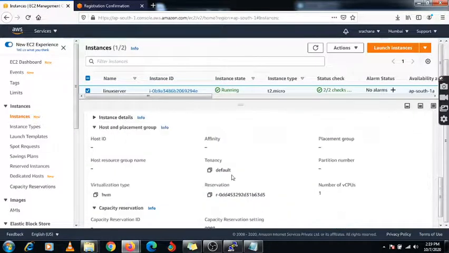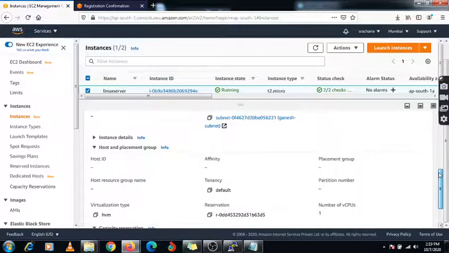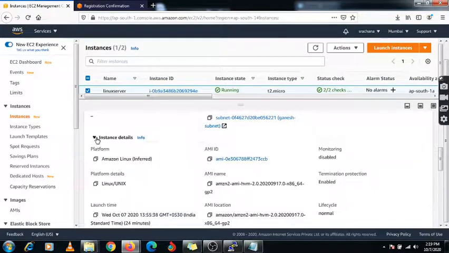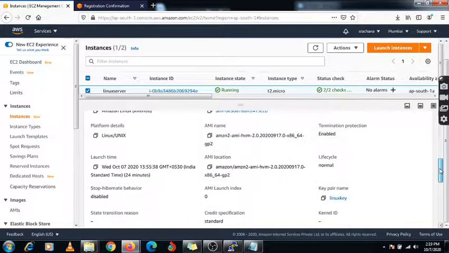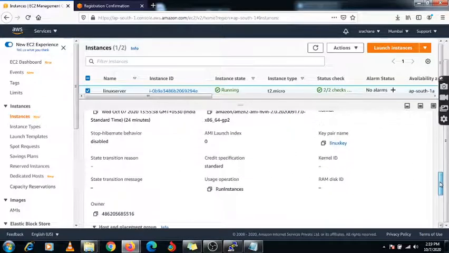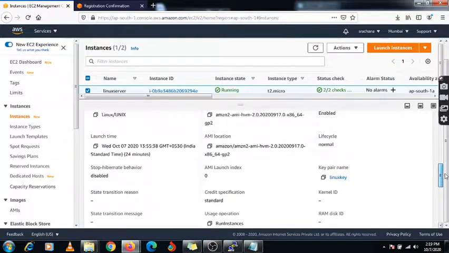Oh, I need to check this option. Virtualization, host details, instance details. Here is the option, termination. I need to check it, so I'm going to pause for a moment.